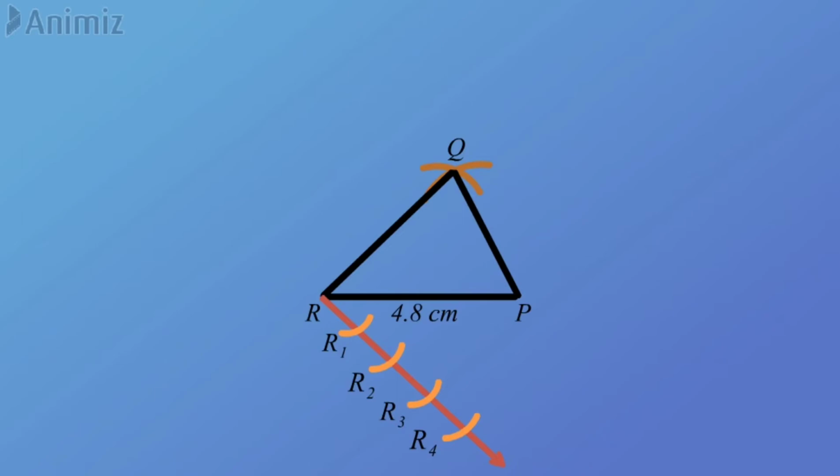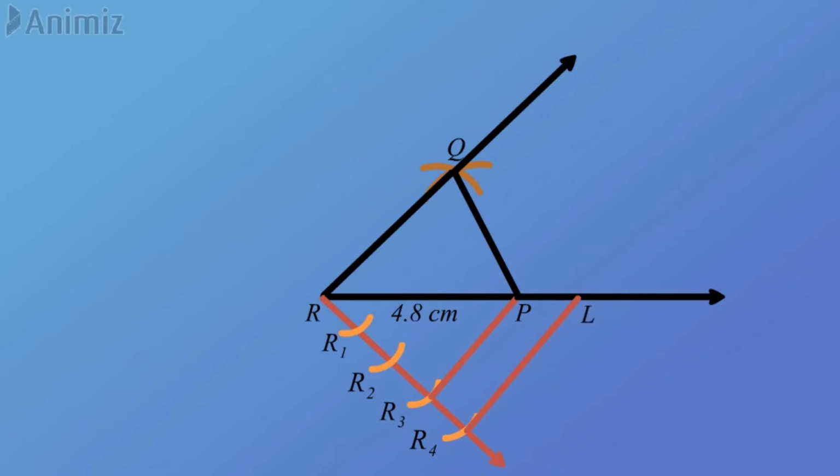Now your ratio is 3/4. You have to concentrate on the numerator. Your numerator is 3. So you have to join R3 with the point P. Now extend RP towards the P direction and extend RQ towards the Q direction. So just extend both. Now draw a line parallel to R3P, which you have drawn with the red color, from R4. It will touch the RP ray at point L.